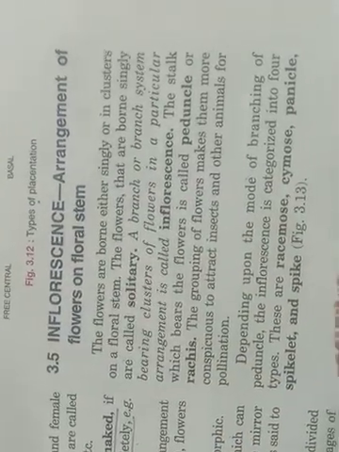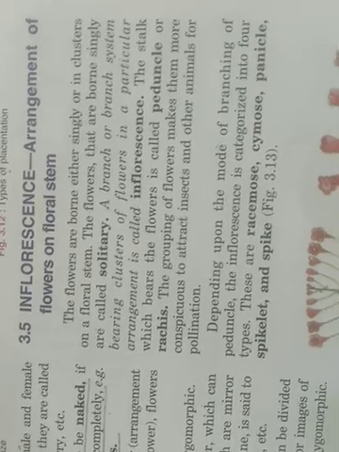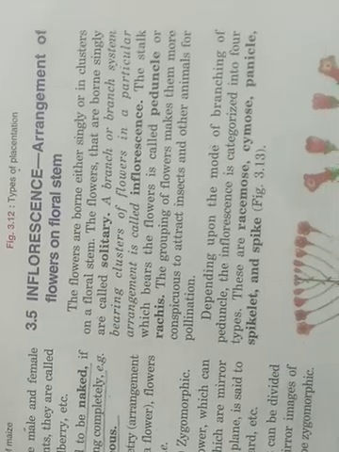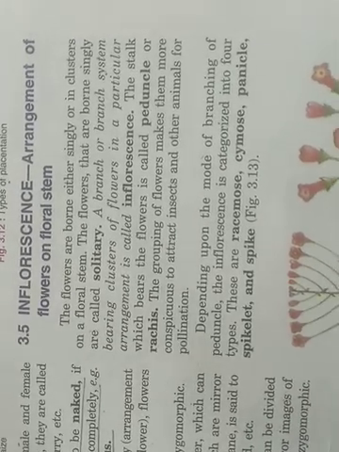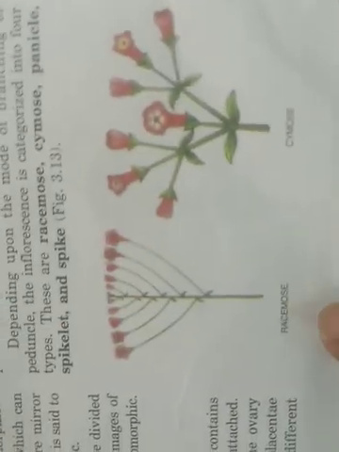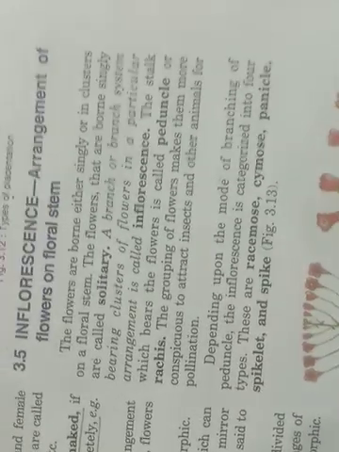The flowers are borne either singly or in a cluster on a floral stem. Now, flowers may be borne either singly, with one flower present on one stalk, or they are borne in a cluster. As you can see here, on a single stalk, a cluster, a group of flowers, is borne. So this type is known as